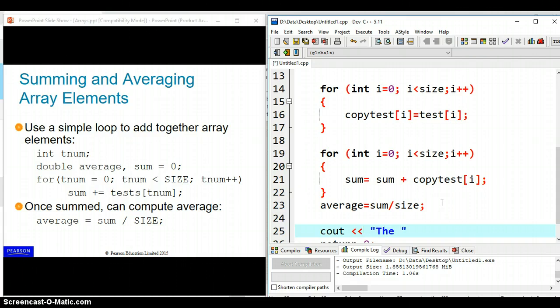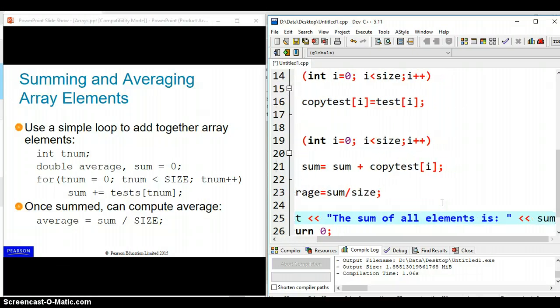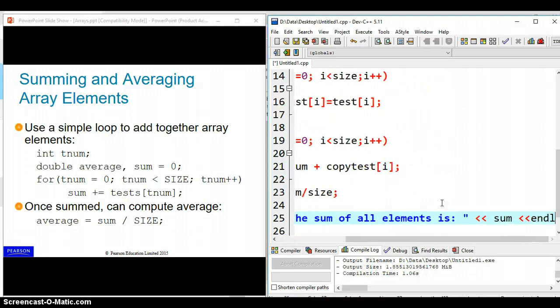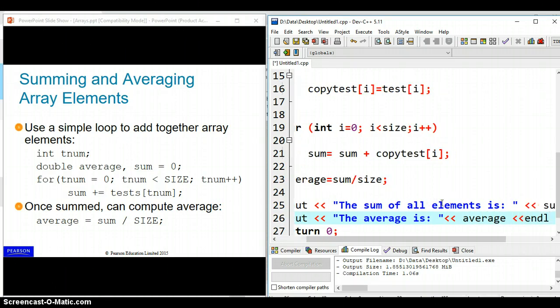the sum is the sum of all elements is, okay, then sum and endl, cout the average is average and endl. Okay,